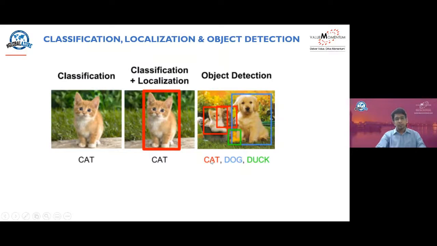And each of those classes, if you try to see, there are 2 cat images here, and both of them are given the same colored bounding box, saying that okay, these 2 belong to the same class. And then you also have other classes like duck and dog, which are given by green and blue respectively, just to segregate, saying that okay, you have multiple objects that you have identified, not just that, all of them are of different classes